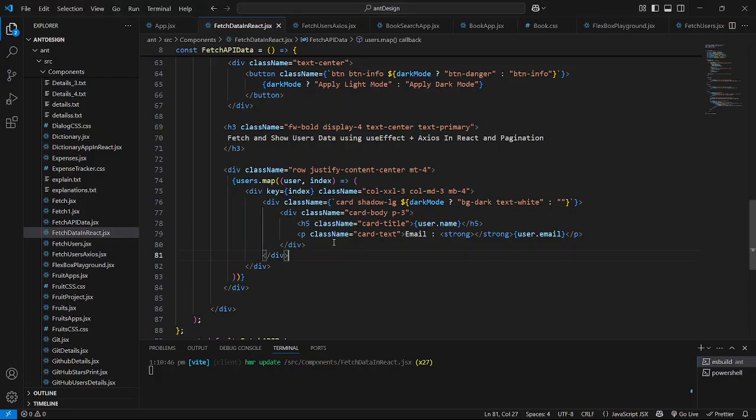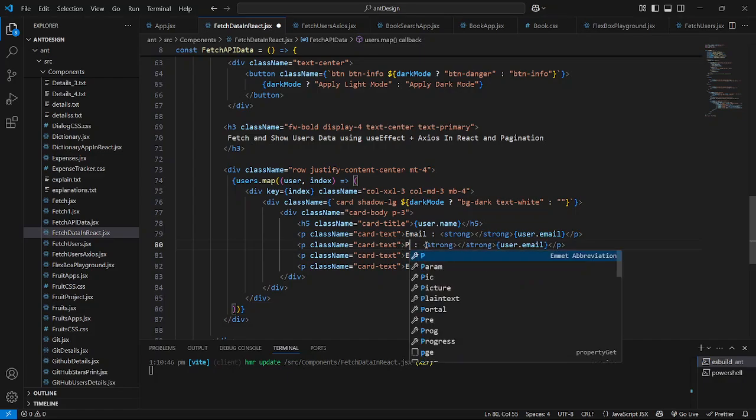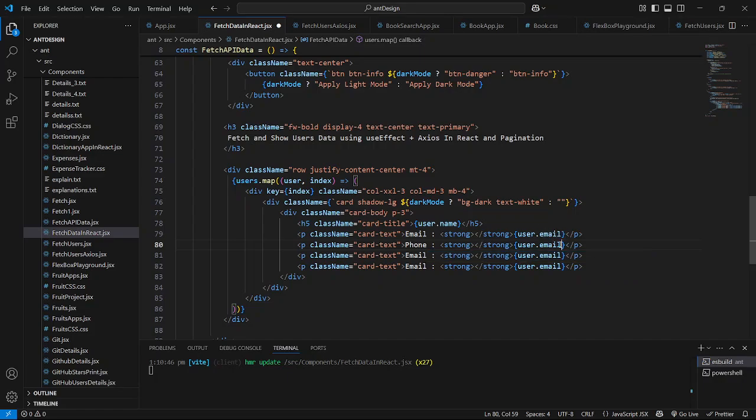Okay, so now just copy this p element, and paste it couple of times also. We will just say here to show the phone. I'll say here phone, and we will just say here user dot phone. I showed you. And here we will show here city. Okay, we will say here city user, and I'm going to use here the JavaScript optional chaining operator. I'll just say here open this address, and I'll just say here question mark dot,